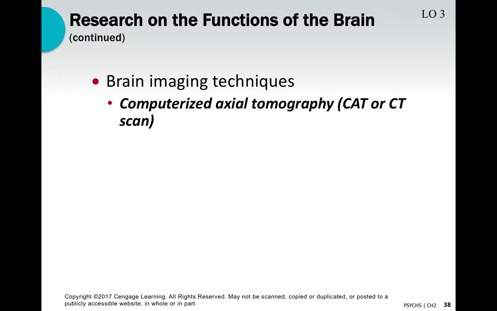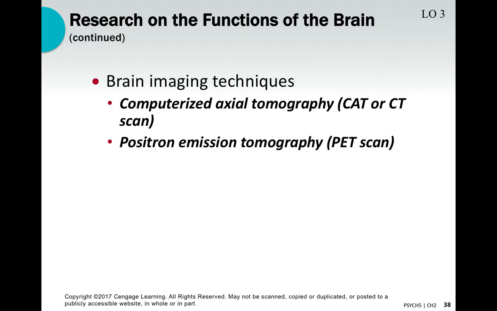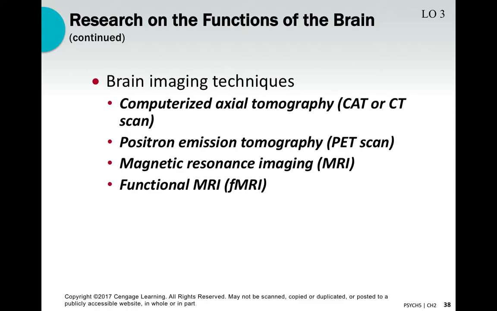Here are some other ways. Other brain imaging techniques and technology that are used: computerized axial tomographies, or CAT scans or CT scans, depending on who you talk to, positron emission tomography or PET scans, magnetic resonance imaging or MRIs, functional MRIs, which are pretty